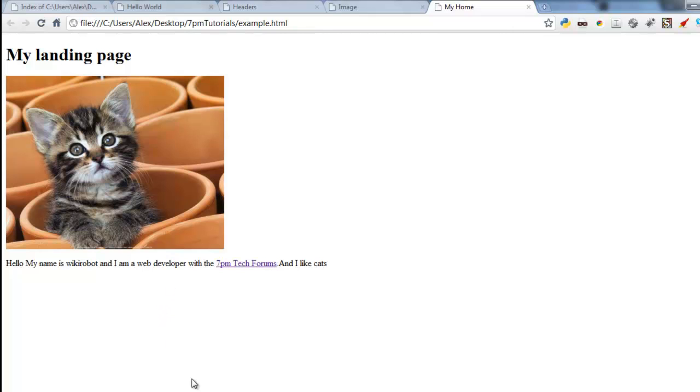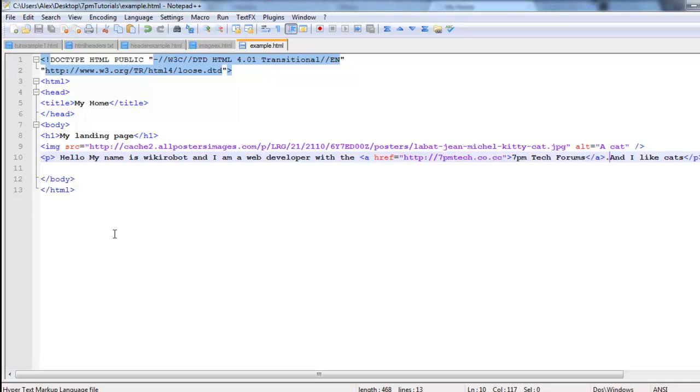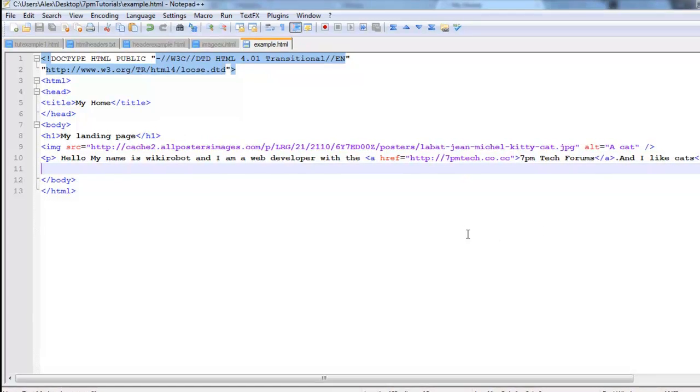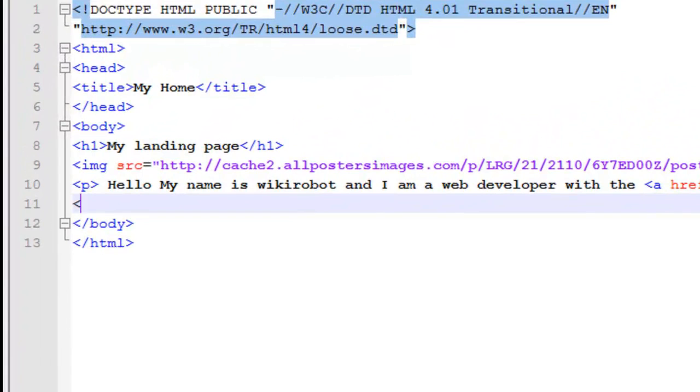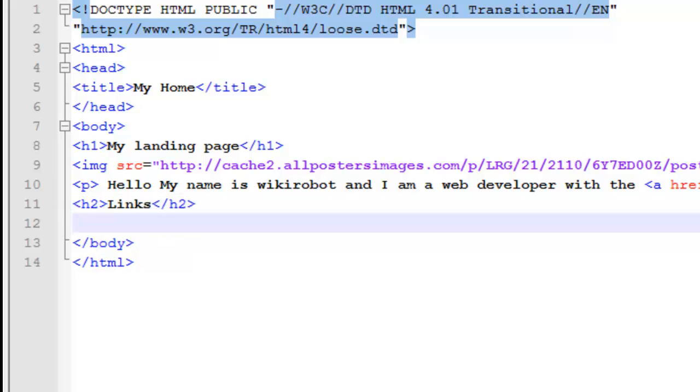So that's all I'm going to get into for this lesson. I'm going to add more next lesson, and we're going to start with CSS. Let's just show you the difference if I add an h2 header. Let's make it links, /h2. So now I'm going to add links beneath that. href equals